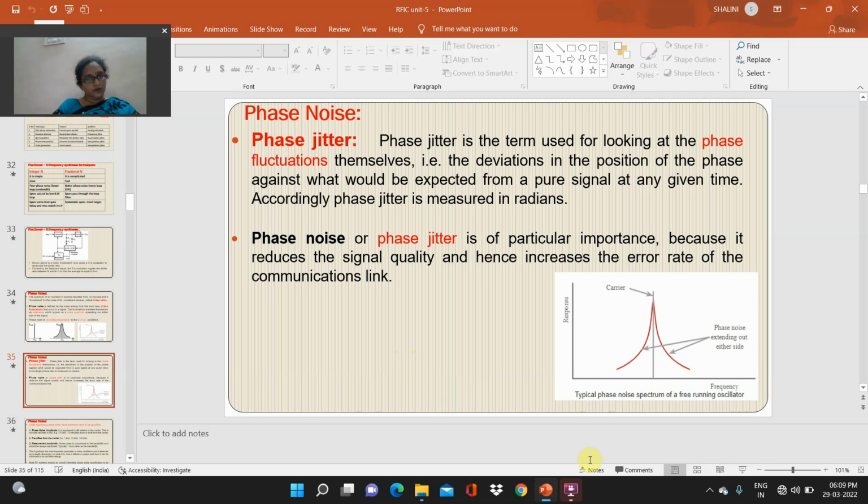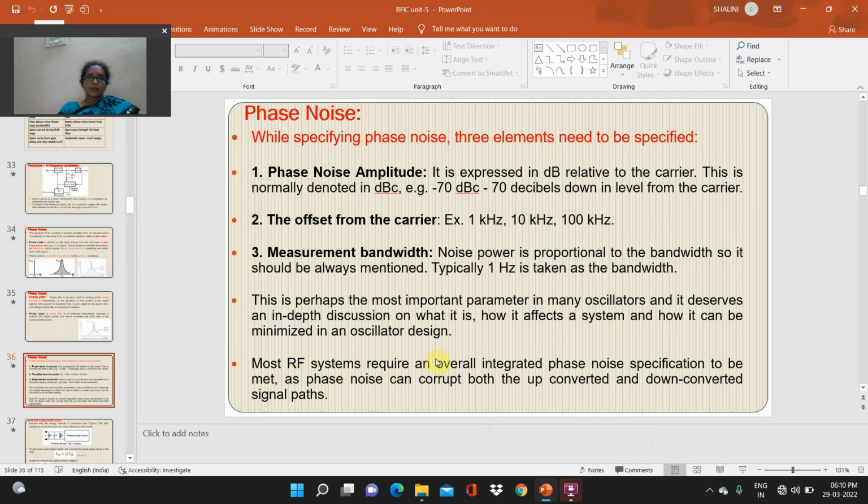The phase noise or phase jitter is of particular importance because it reduces the signal quality and hence increases the error rate of the communication link. So here is a typical phase noise spectrum of a free running oscillator. Next,